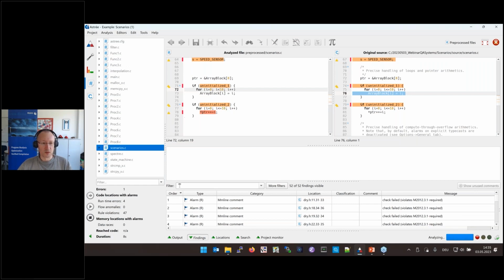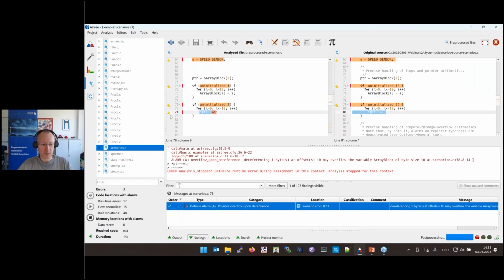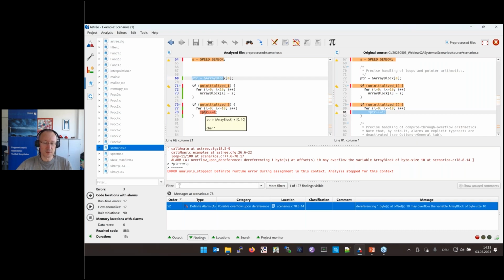Now let's look at the next entry here in the code. So I can click on these triangles and then see everything which has been reported for this line. Well, and in this case, we have a buffer overflow. So we say, okay, we dereference a pointer which points to array block, and it can access beyond the object boundaries. So let's again look at the tooltips. Yes, indeed, it points to array block. Yes, that's the place where a pointer was assigned. And then we have a loop where we do pointer arithmetic and eventually increment beyond the boundaries of the array. So actually, it's more or less the same thing as in this case. We go to index 10 and should stop before.